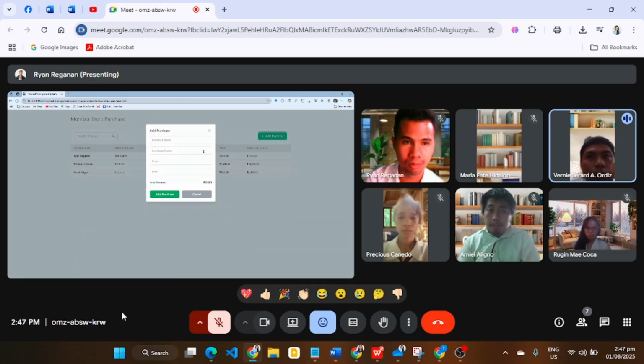So if you add some members, we have here the add purchase button. So if you add members, there's the member name, purchase name, price, and the unit also. And for the next one,